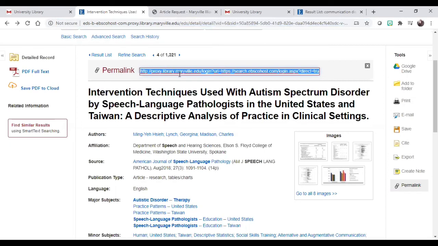If you're a person who likes to save links instead of downloading the articles, then definitely make sure you save the permalink, because if you save the link in the browser, you will not be able to get back to this page later. So it's always a good idea to save the permalink, but also copy and paste the title, the authors, any identifying information you can use to find this article back if you don't download the PDF.